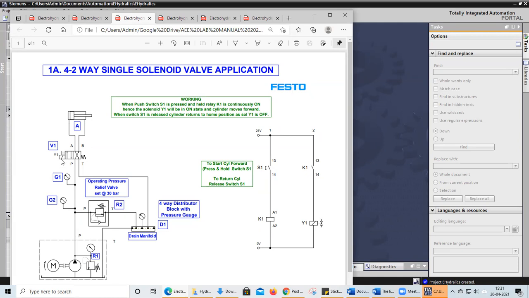This Y1 solenoid valve coil will be energized with the help of this coil. So power is going into this Y1 once I switch on this S1 switch, this K1 coil is energizing, and this K1 coil is making this Y1 coil energize in this fashion. So this is an electrical circuit.